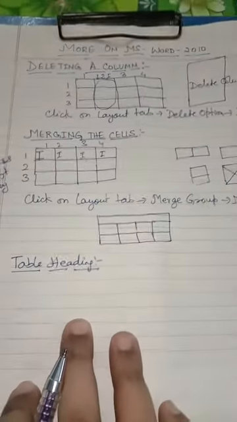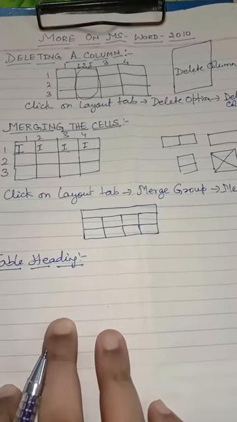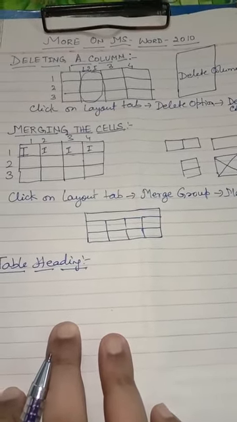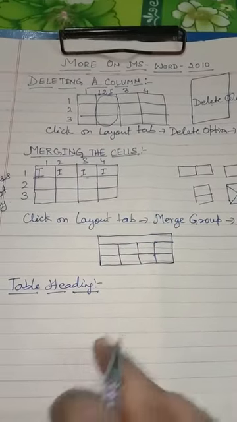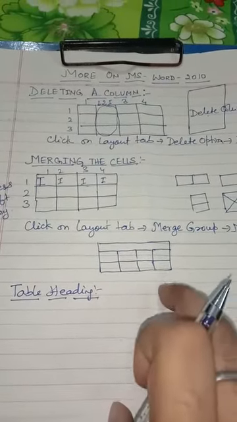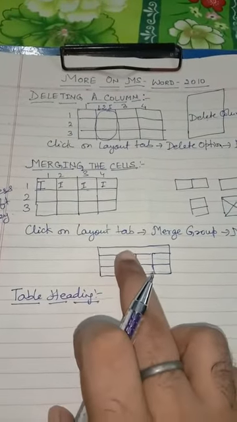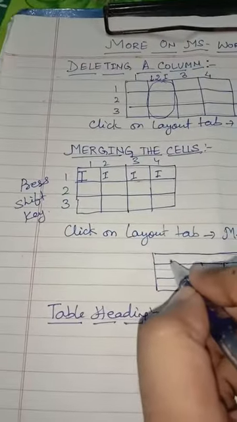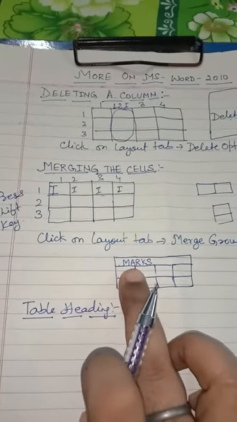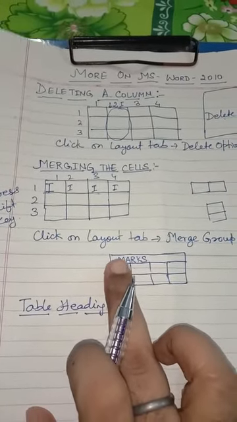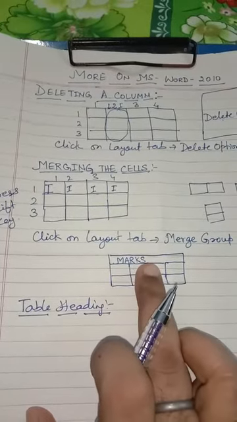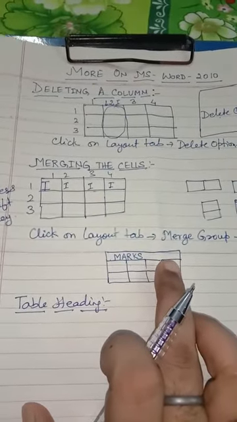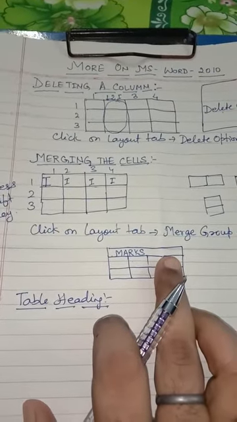As per the requirement, many of the times we are required to write the title or the description of the table. Like suppose over here, since I have merged the cells of the first row, now I would require to write the title of the table over here. Suppose the title I have written over here is marks. So this is the title of the table. Now I can select the text and align it to the center or to the right side as per our requirement. So this is the table heading that we get.